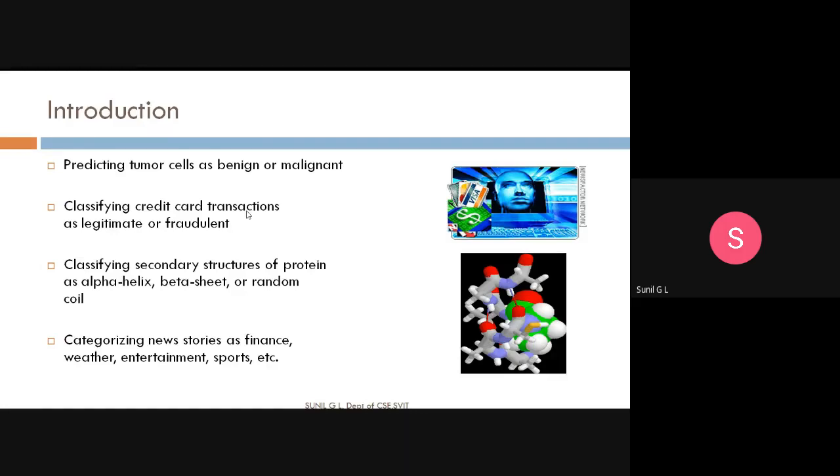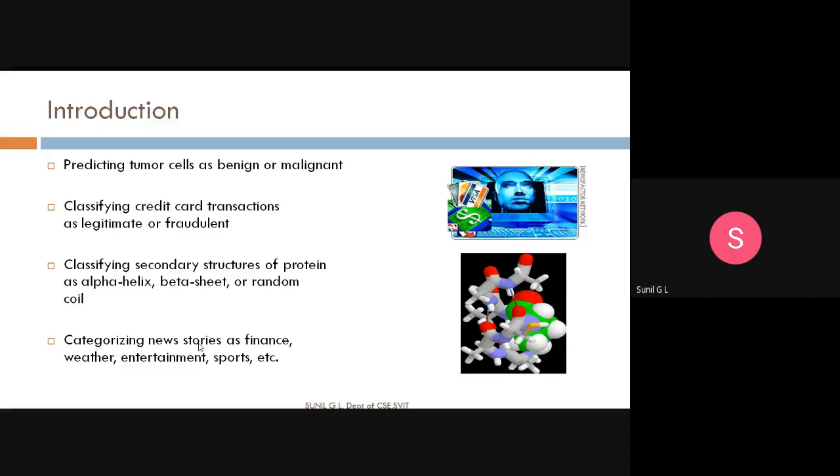Another one is categorizing news stories as finance, weather, entertainment, sports. News stories need to be classified as belonging to finance, weather, entertainment, sports, etc. So when we have to classify or categorize, or predict, for all these different applications this classification technique, the decision tree, is very important.